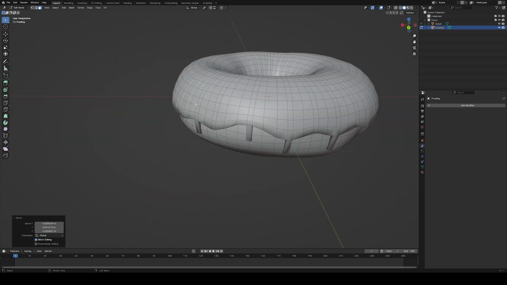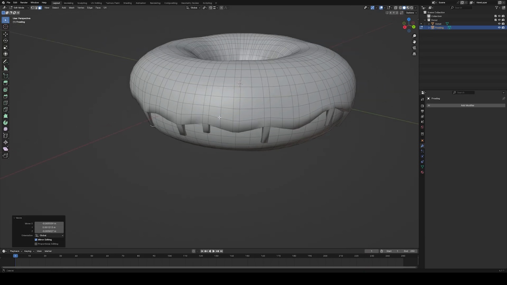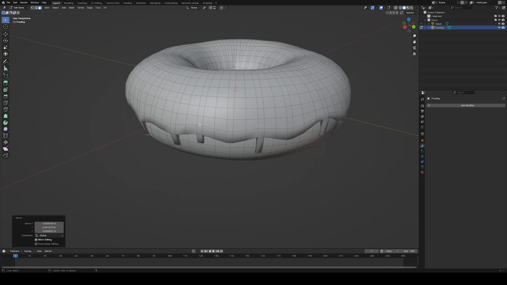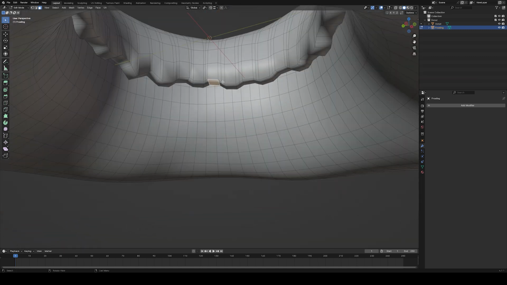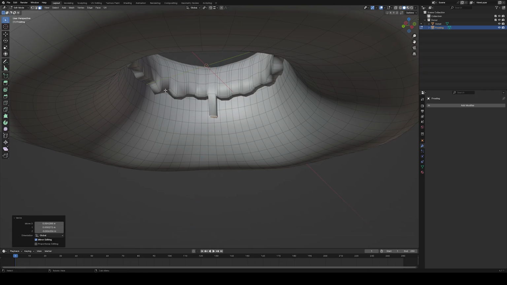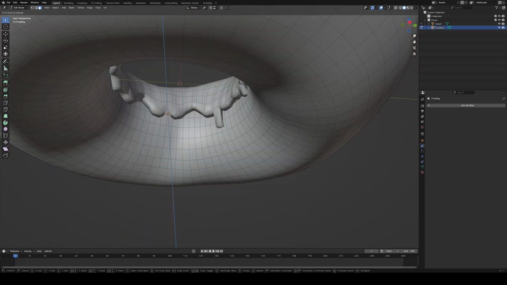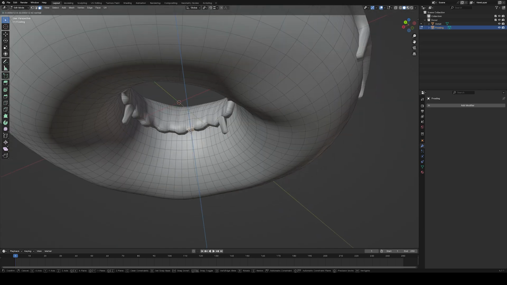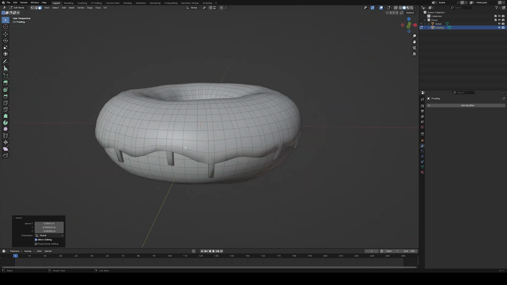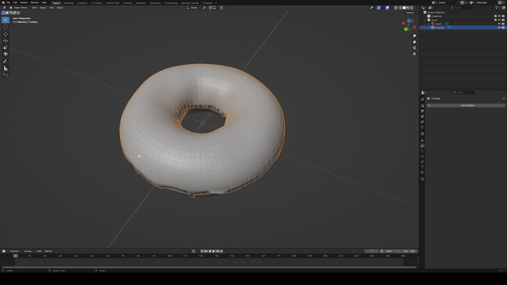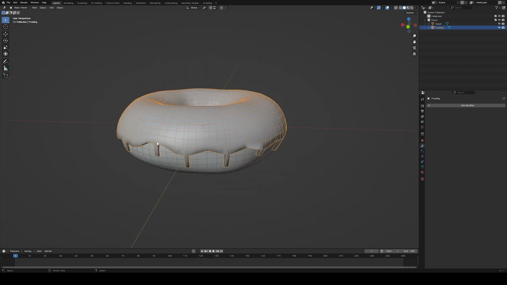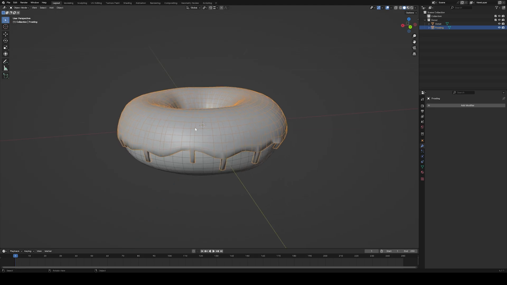So if we look at that, looks pretty good for the outer radius. Let's do the inner radius now. I'm going to do that same trick of holding the Alt key and selecting this ring of faces by clicking the middle segment. And this is where I'm going to start extruding right here at the bottom of this. Okay, cool. Our donut now has these little drips. They don't look particularly great, but they will look pretty good once we smooth this mesh out even further and